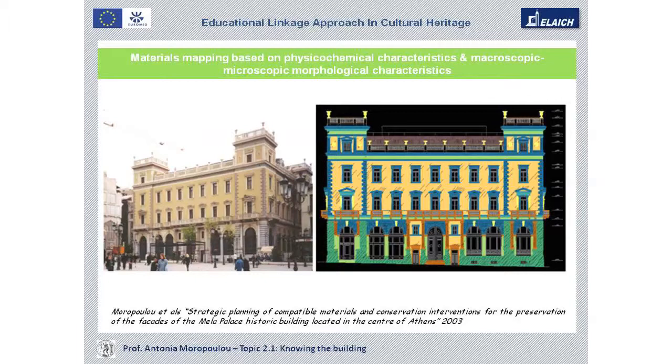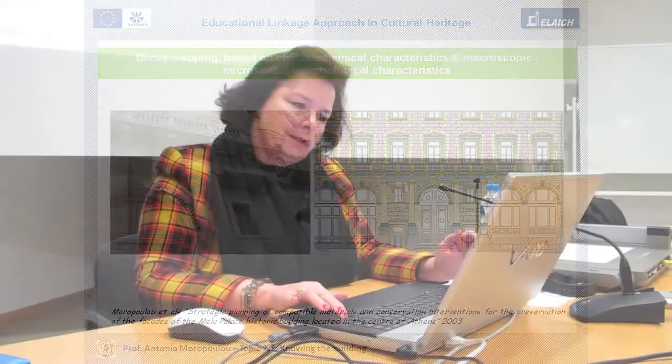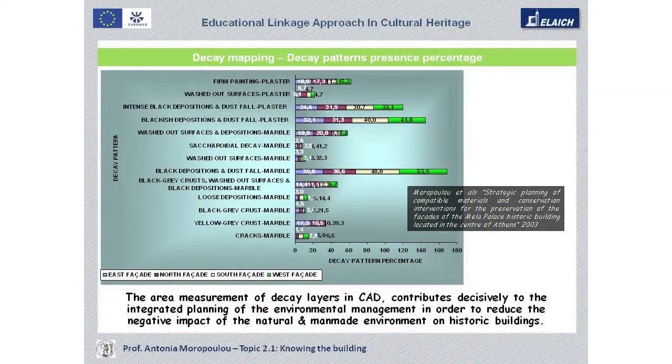This is enabling us to perform not only materials but decay mapping as well, rendering by false colors the various decay patterns as in here. Not only qualitatively through the colored mapping, but quantitatively as well. We can assess and evaluate the presence of the various decay patterns in percentages and take decisions according to their